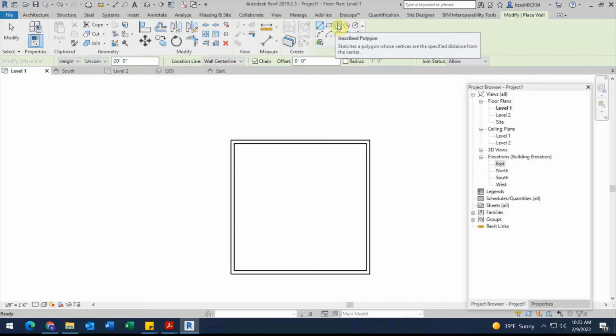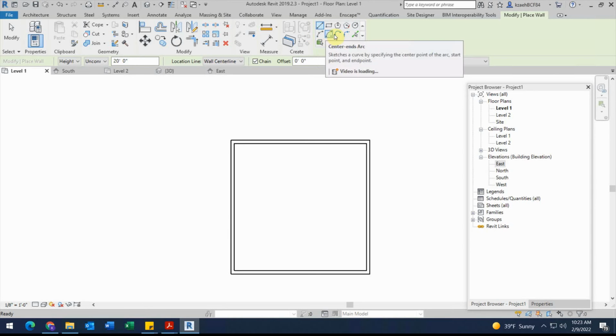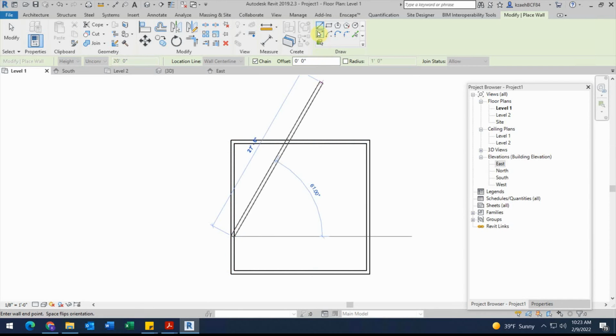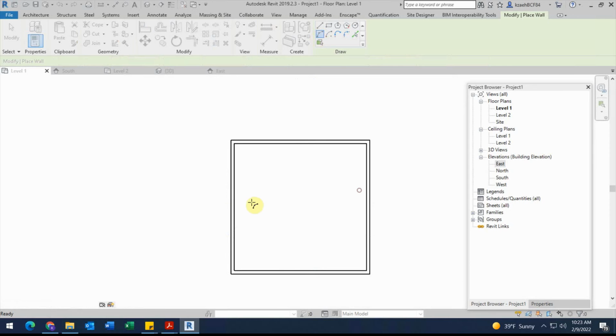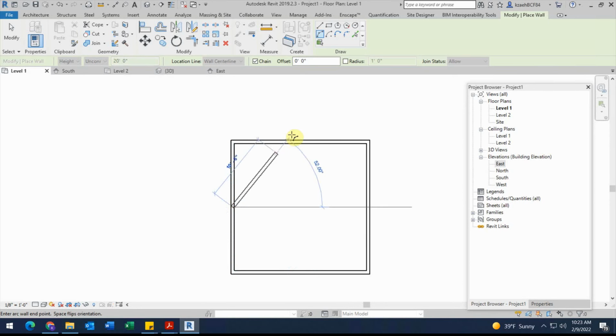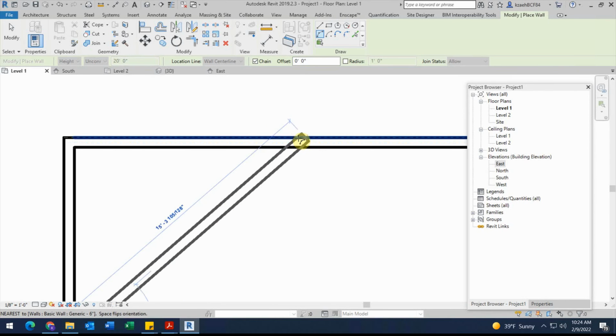There's a polygon tool, there's a circle tool, there's this one, which is like an arc, and there's this one, which should be a spline. No spline on this one, actually. Or there's this one that's also an arc. So for example, let's say I want the edge of this to kind of have a radius or curve. I can take this arc tool, I can hit the center line of this, hit the center of this, and